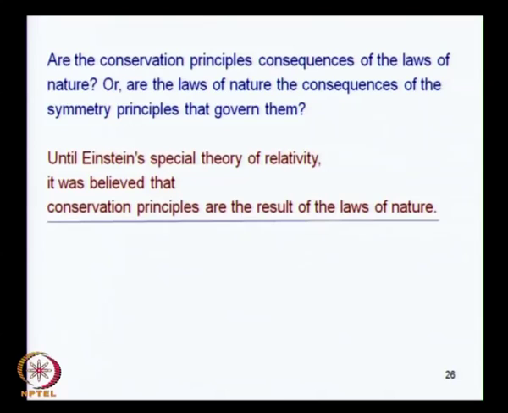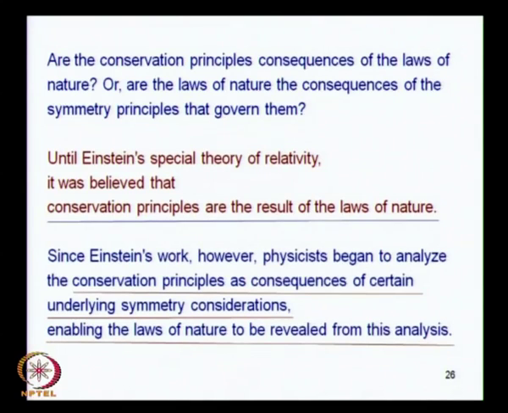We began with the equation of motion, and from that we deduced what quantities are conserved. But since Einstein, physicists began to look at the conservation principles as consequences of the underlying symmetries,